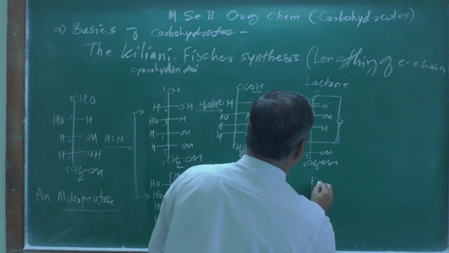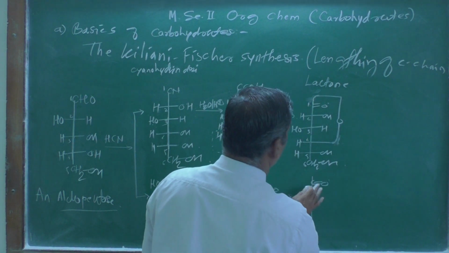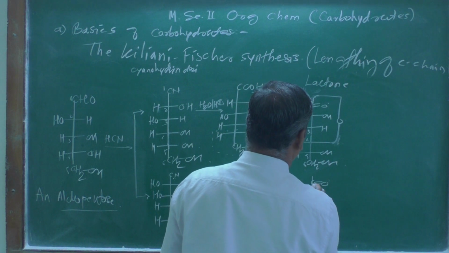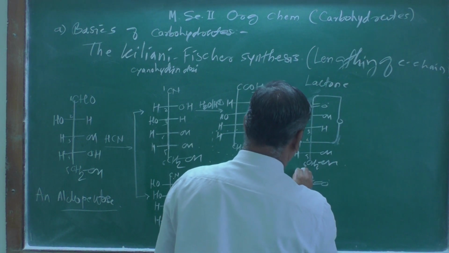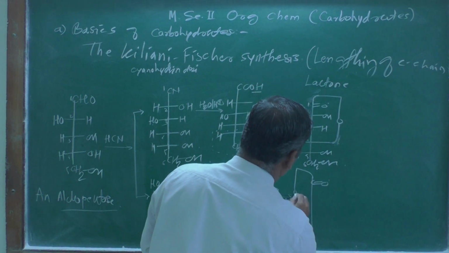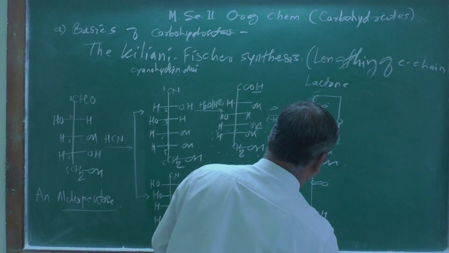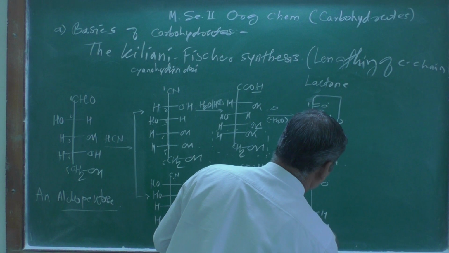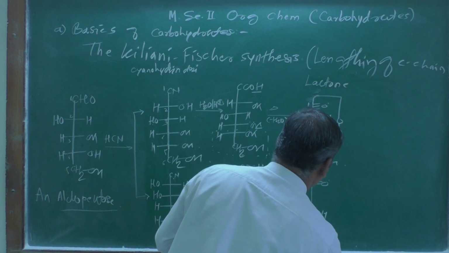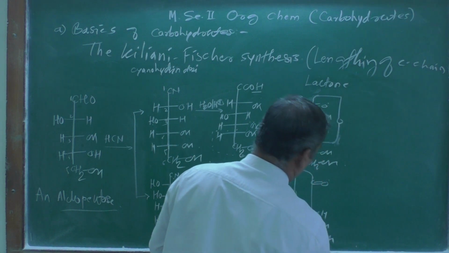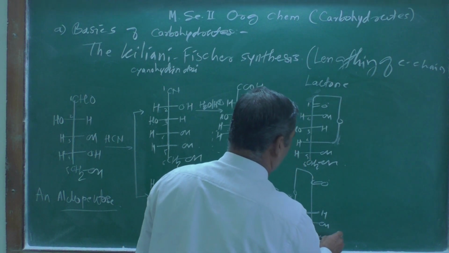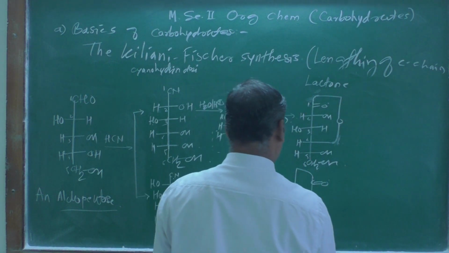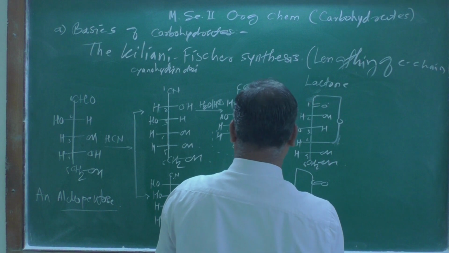So here C double bond O we can write, or just this double bond over there, and after that ring formation on this side, then OH, and this we can call it as a CH2OH, CH2OH, they are as it is. Here is a hydrogen atom.